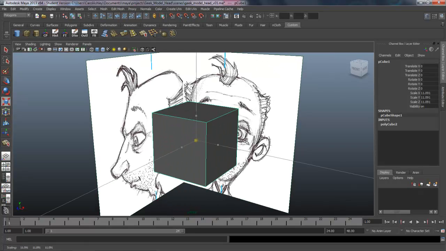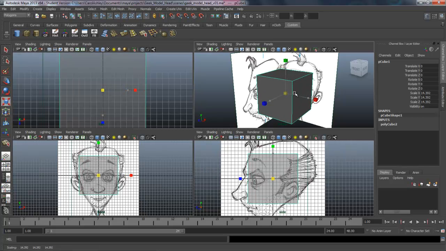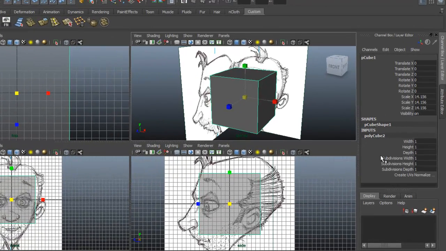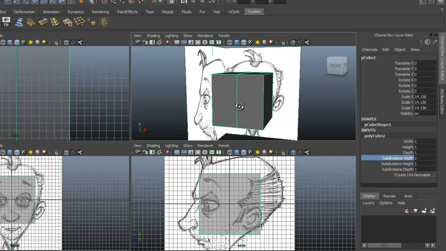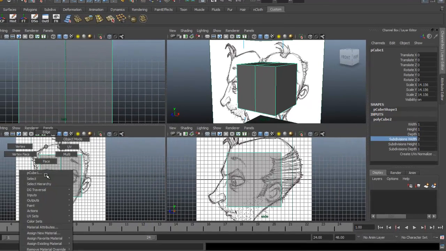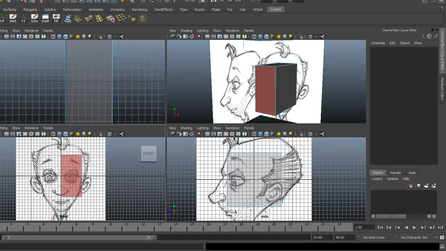and click on that cube out there, and we're going to scale it up. Going to use this for a guide here to just roughly place the size of it. So I'm up to about 14 across here, a little over 14. And I'm going to drop in a subdivision across the width. So just dividing it in half, essentially. And I'm going to come over to my front view and select the faces on this side and delete them. So we're just going to model one side of the character's face.